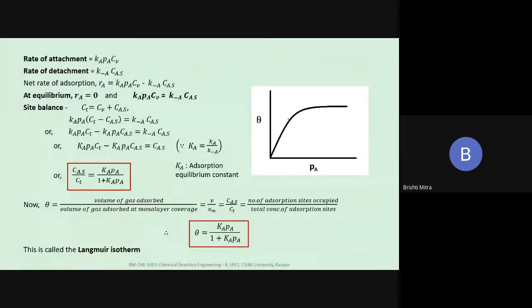So there is a linear increase with respect to Pa. At higher partial pressures, the 1 plus term becomes small, so we can ignore the 1 plus term. And what we have is Ka Pa divided by Ka Pa, which essentially cancels out. So theta becomes a constant value here. That is why it plateaus at higher partial pressures. So if a species follows the Langmuir isotherm, a theta versus partial pressure plot will look like this, first increasing and then flattening out.